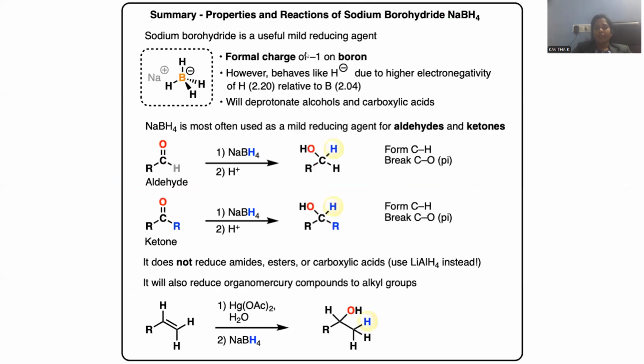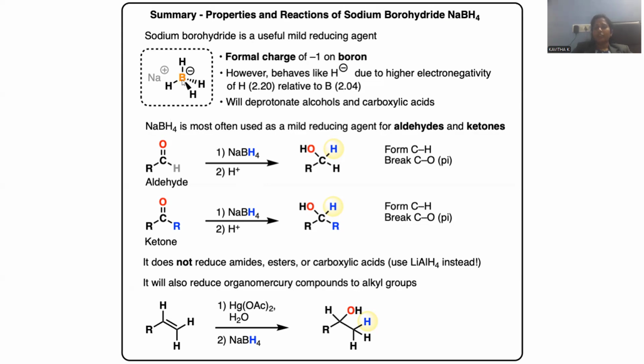Now let me show another kind of example pertaining to the reactivity of sodium borohydride. I'm taking sodium borohydride, where the tetrahedral geometry of the borohydride will be there and a B minus will be given. Let me compare the electronegativity of hydrogen and boron. The electronegativity of hydrogen, everybody is aware, is 2.20 and boron is 2.04. Comparatively, hydrogen is more electronegative than the boron atom. That's the reason why displacement of bonded electrons is most common towards the hydrogen rather than boron.